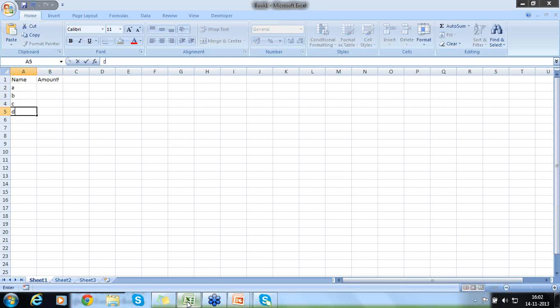A, B, C, D, E. Amount is 100, 200, 300, 400, 500, etc. I would like to now look up for a value. What is the value of C? I would like to see over here. Whatever the parameter that I give here, that is C here, value of C I would like to look up. So value of C is